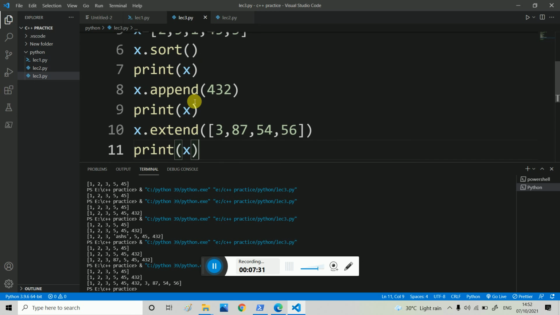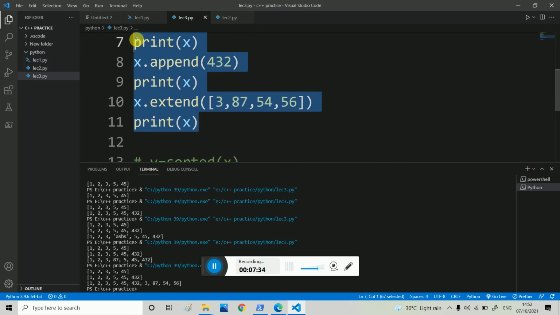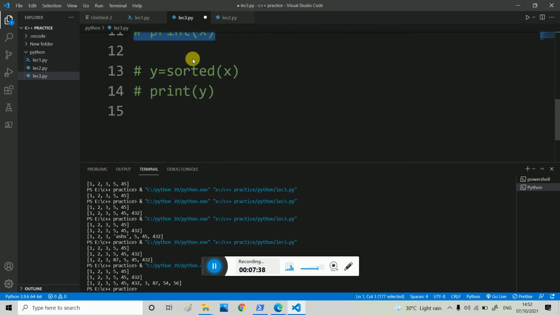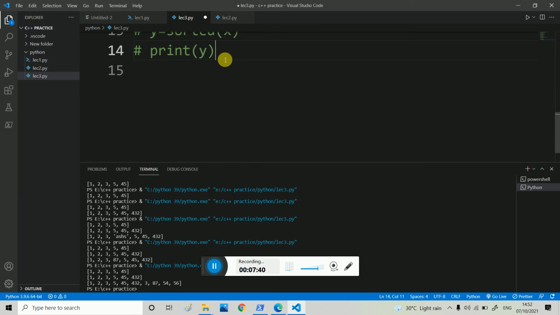Let's select all with control A, and here I comment. Let's learn a new thing, that is x is equal to 2 3 12 comma 45 comma 56. Now I want to pop, so x dot pop. So print x.